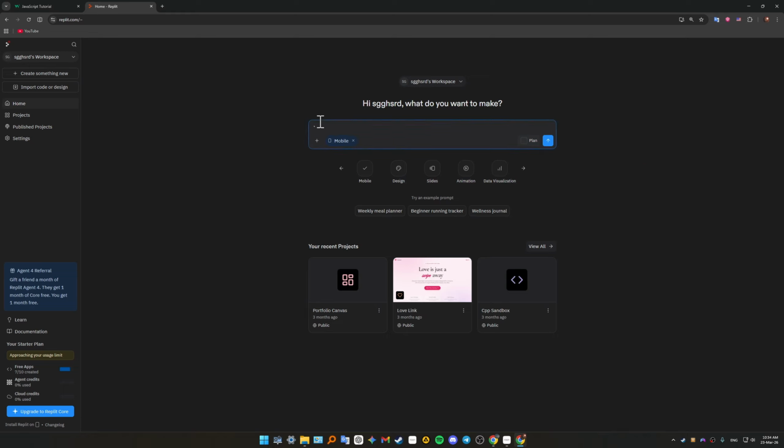For instance, the prompt can be something like this. As you can see, I'm going to be building a React dashboard that tracks crypto prices using the CoinGecko API. After that, you can also upgrade and use the plan mode, which is going to be more efficient, but the free one will suffice. And then, of course, just press on start, and now your mobile app is going to